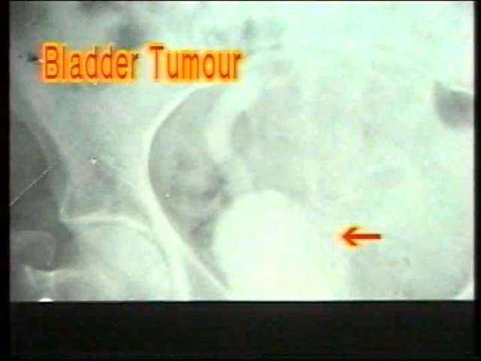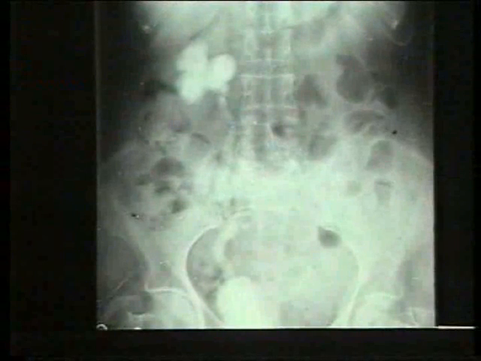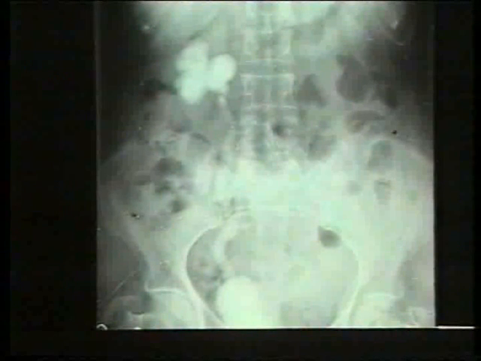This is another X-ray of a filling defect in the bladder. The left half of the bladder is not seen at all. There was a malignant growth in the bladder. It has shut off the left ureter with the result that on IVP there is no excretion of the dye on the left side, and the right ureteric orifice is also narrowed, so the right side also shows hydroureter and